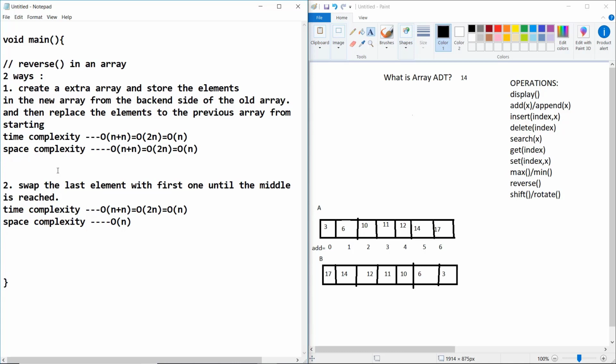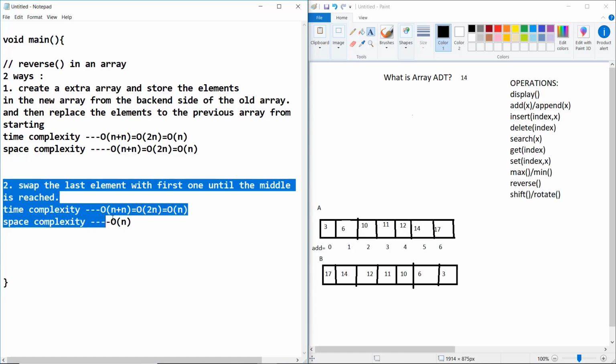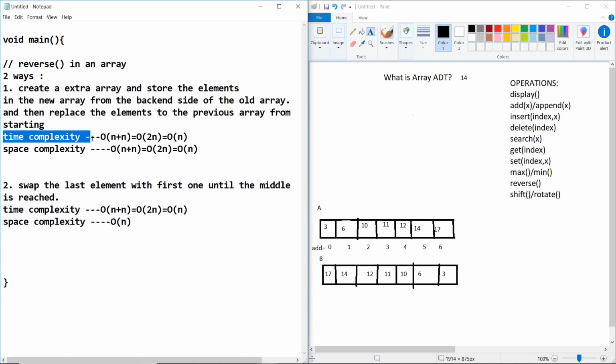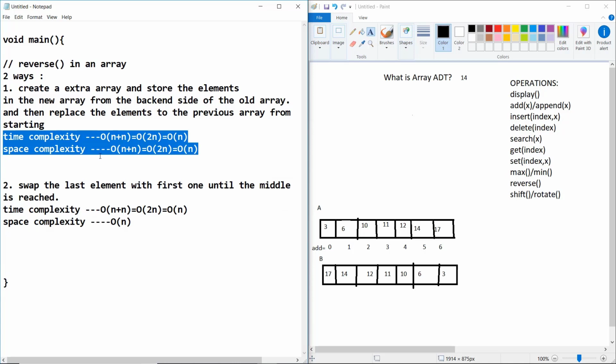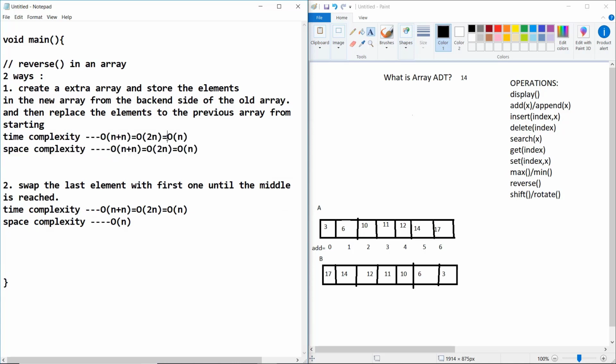Okay, so I should prefer this algorithm instead of this, because more or less your complexity is also saving time. You can also say that, sir, the time complexity is, wait, here the time complexity is n by 2, because it is just traversing half the array.